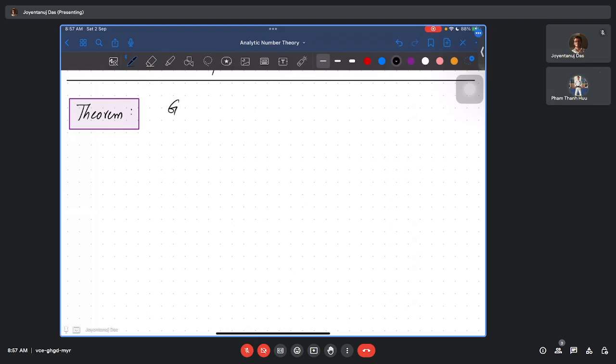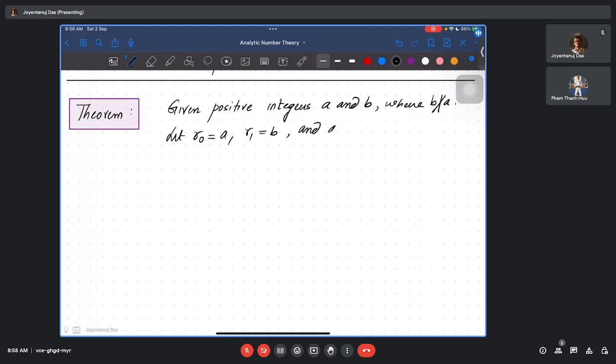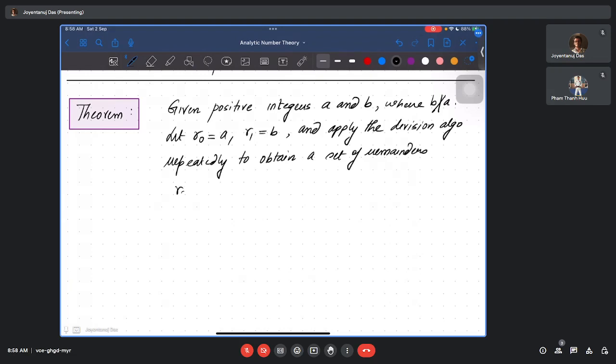Okay. So it says that given positive integers a and b, where b does not divide a, let r0 be a and r1 be b, and we apply the division algorithm repeatedly to obtain a set of remainders, say R2, R3, and so on,